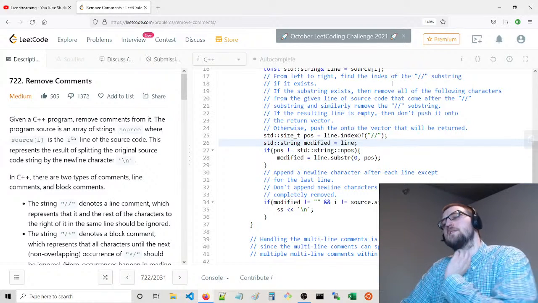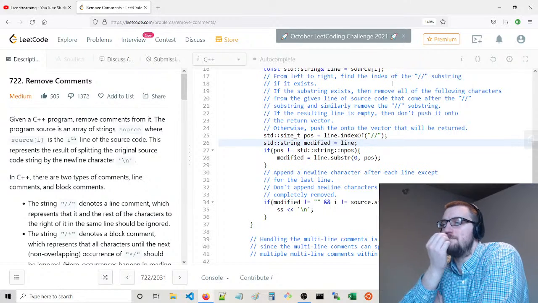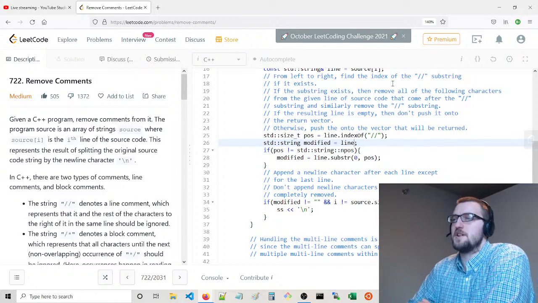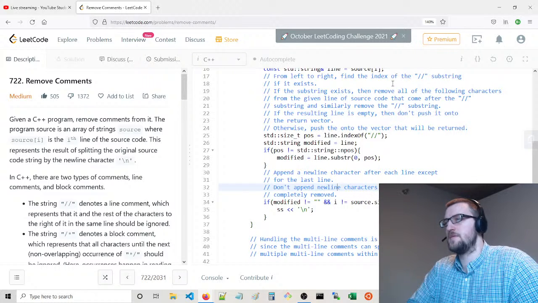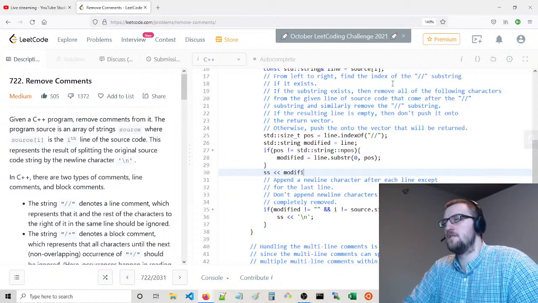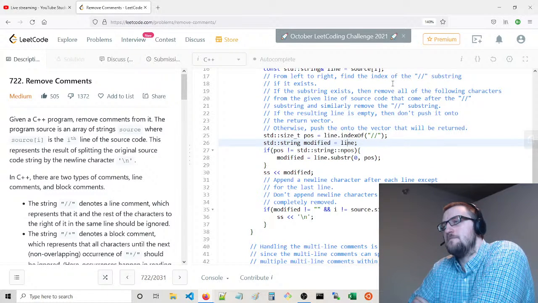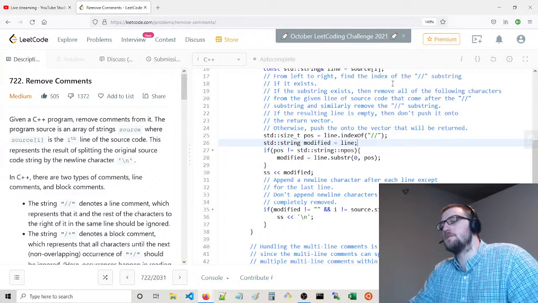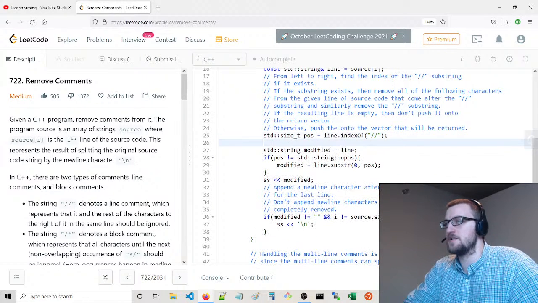It's a really tricky thing. There could be no comment at all, in which case we want to add modified, we copy directly. There is a comment. And actually the reason we want to keep track of modified is we want to say whether or not, we could do this a little bit better. We could say,